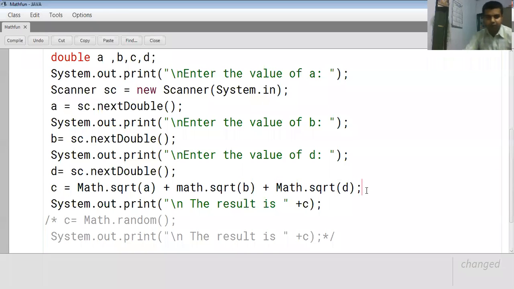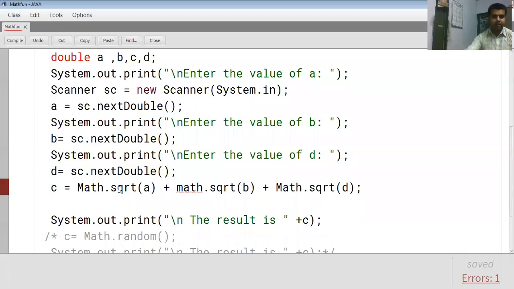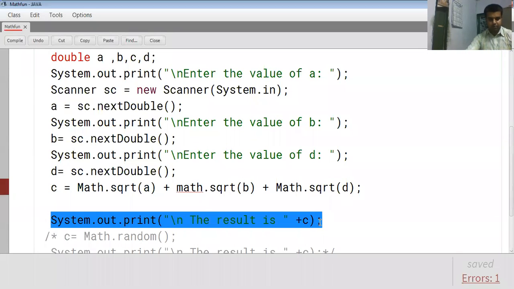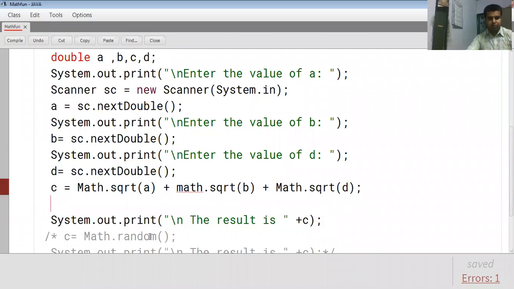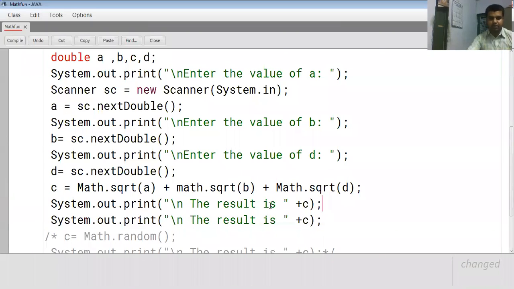Before performing the addition, it is sometimes required to see whether my square root of a, square root of b, square root of d are getting calculated properly or not. For that, I will give a printing statement to check whether my square root has been successfully calculated.